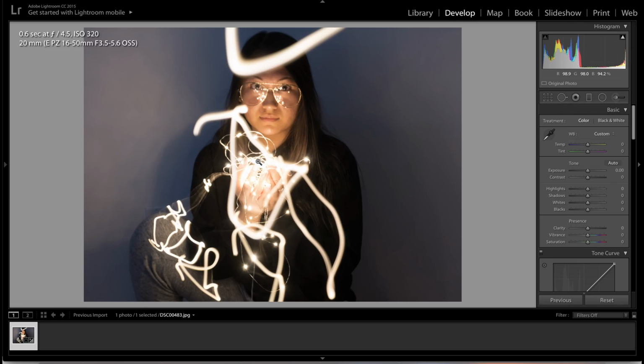So let's jump into Lightroom and let's get started. Alright guys, to start with, we need to cool this photo down. Brandon uses a lot of blues and a lot of pinks in his photos, so we're going to go to temperature. We're going to drop this guy down to let's say about